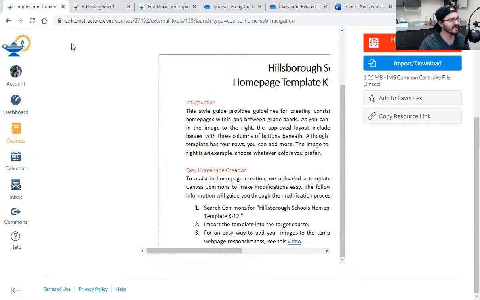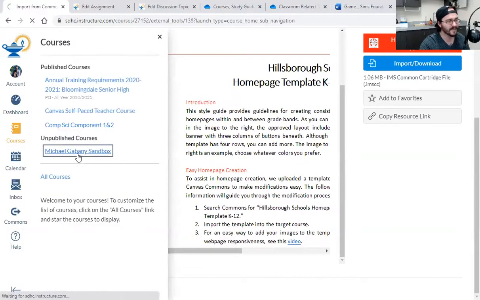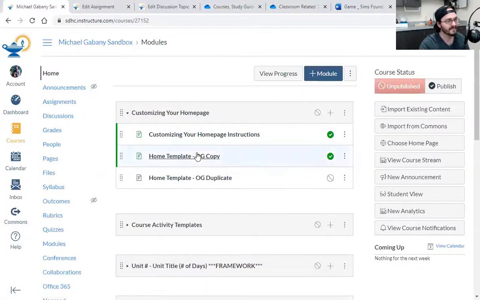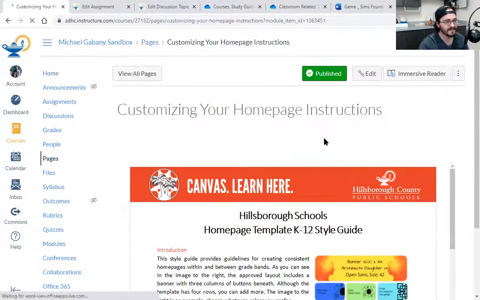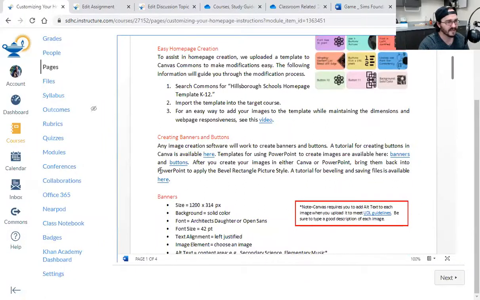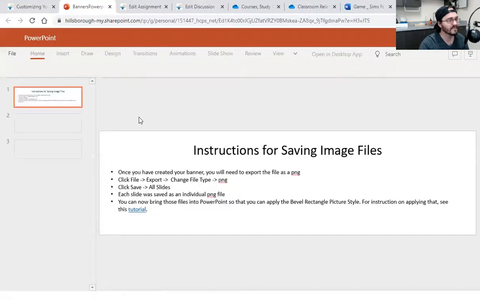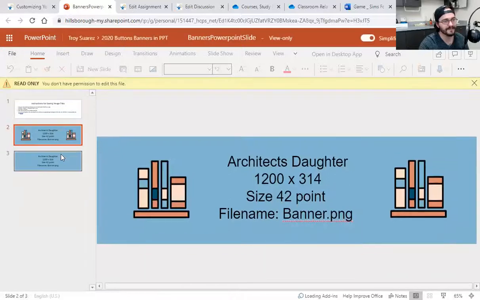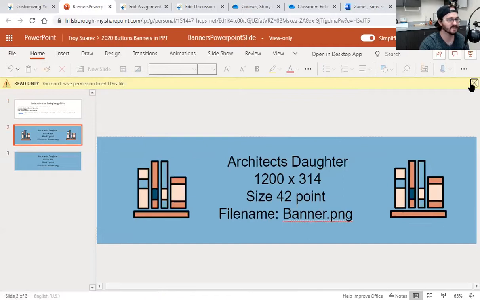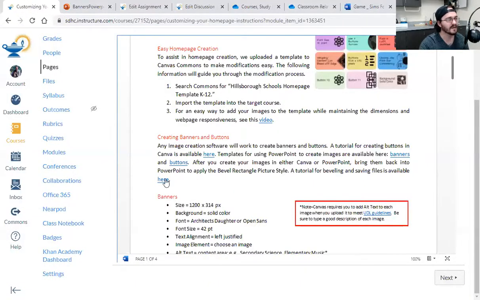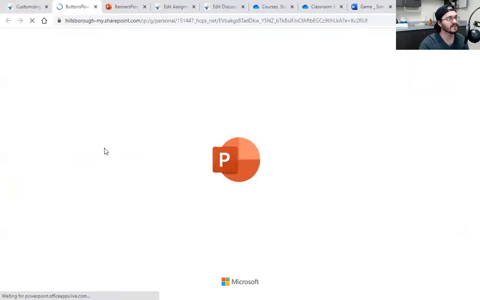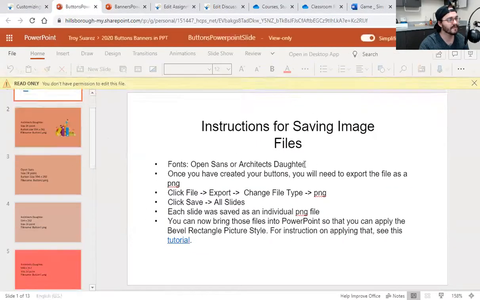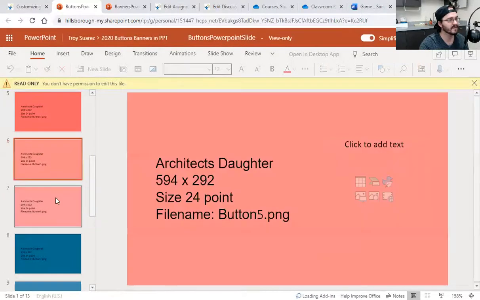Wait, what am I doing? I'm so dumb. Why am I reading it from that? Just go here. And then I can even click the hyperlinks, right? They have templates for the PowerPoint. Oh, I wonder if it's there. Oh, check it out. They actually did give you templates. All I have to do is read. I take back everything I said. HCPS, I love you. Buttons. There you go. It even tells you how to do it.